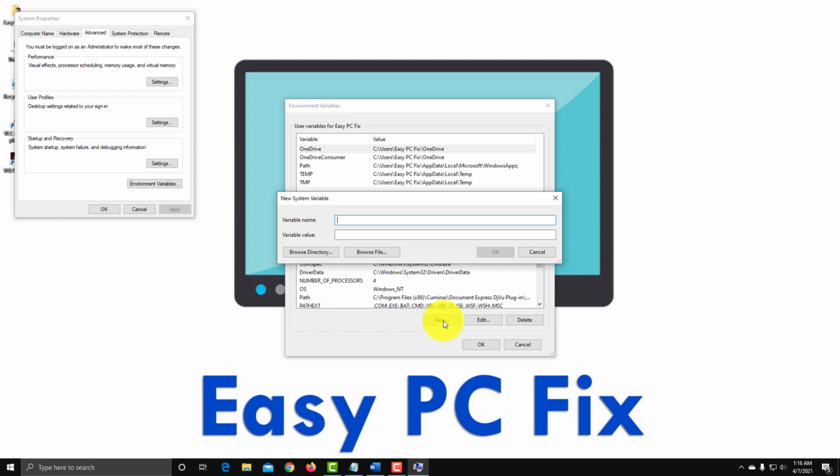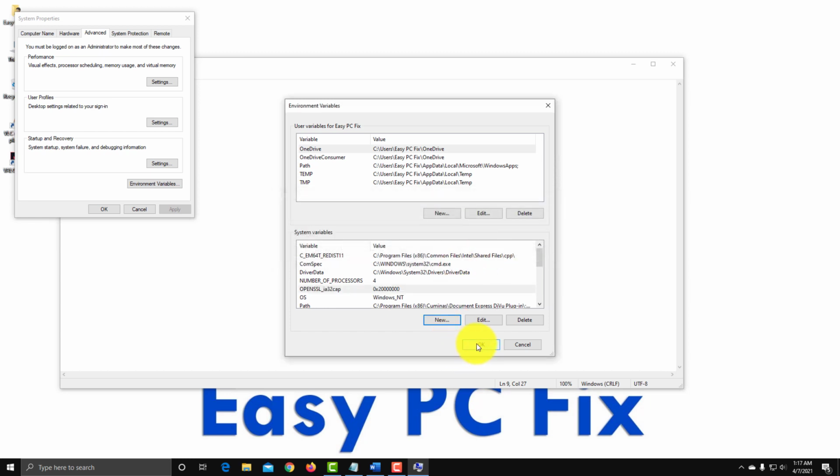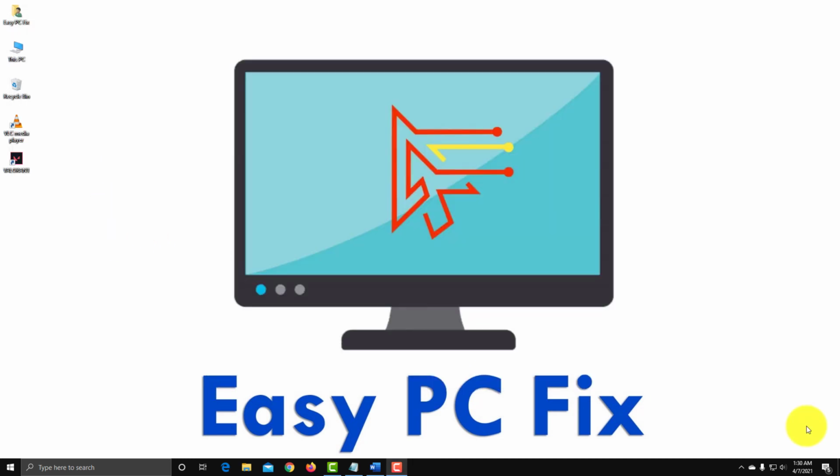Just copy and paste it here. Now hit OK. Again click OK. You need to restart your PC once and run the game.